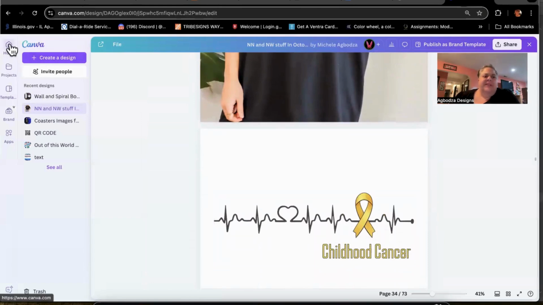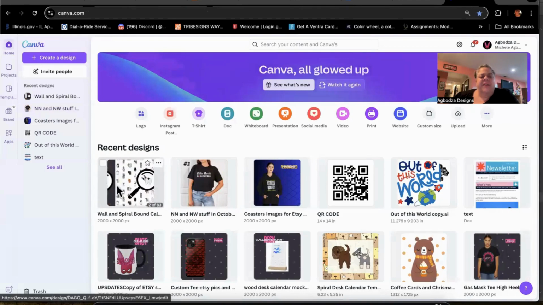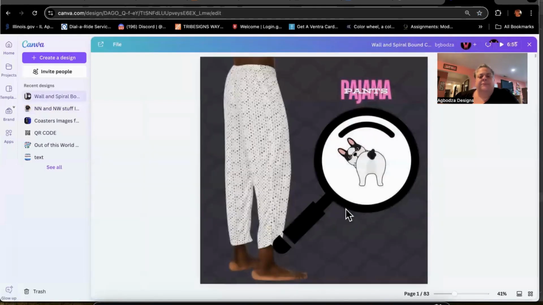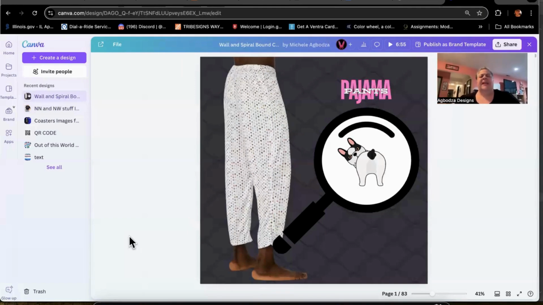Other examples, same type of deal. Like this right here is my Etsy page images that I do in Canva. For me to spend the time to do this in Illustrator, it probably wouldn't take any longer, but